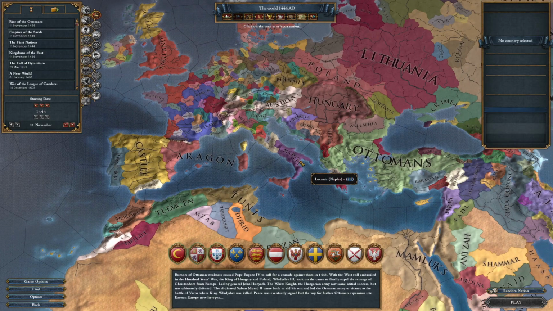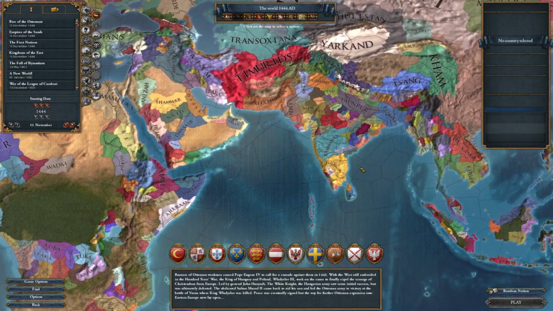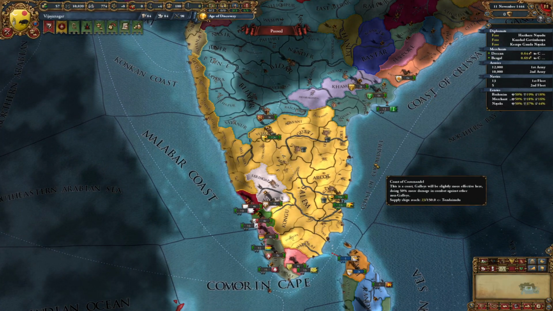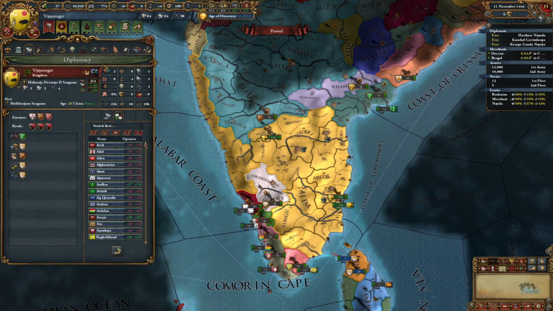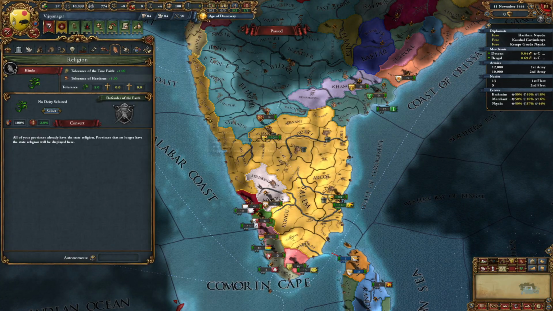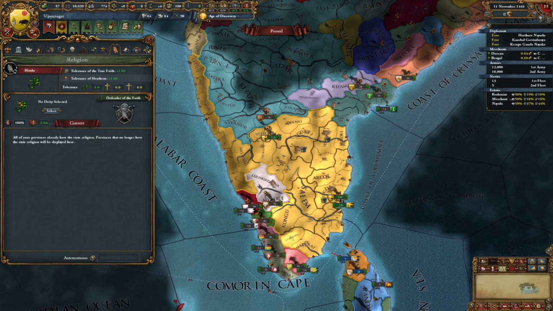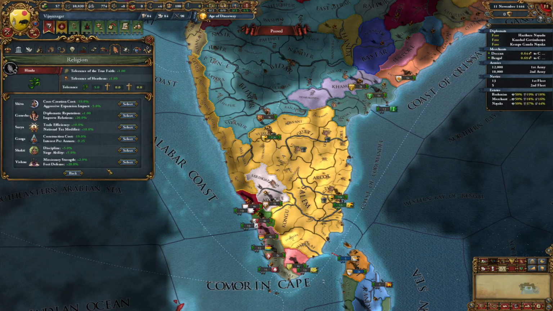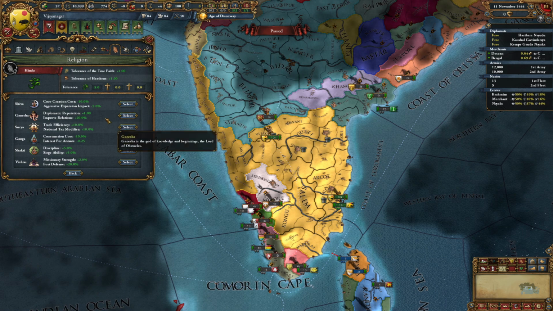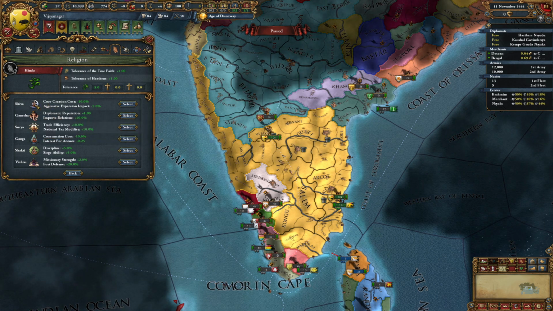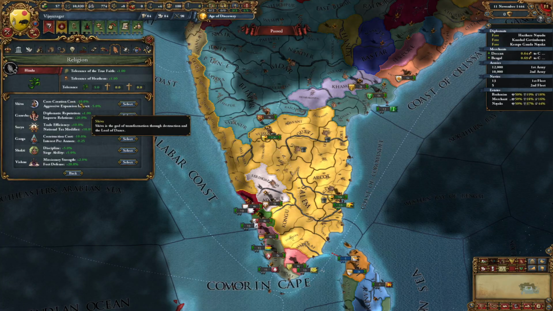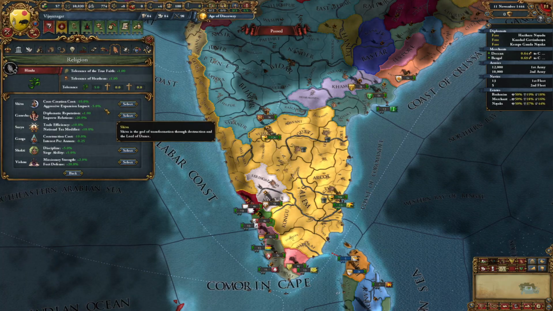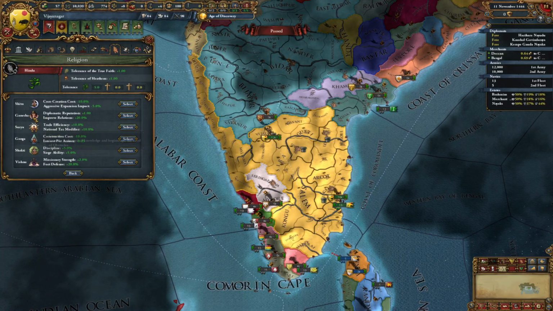We're going to begin with the one that has to do with the Hindu. So here we are in India, and we're going to check the religion tab for India. This is the deity option here. You select, and you are going to be able to choose from an assortment of different deities for the Hindu religion. You have Shiva, which is going to give core creation costs minus 10%, aggressive expansion impact minus 5%,